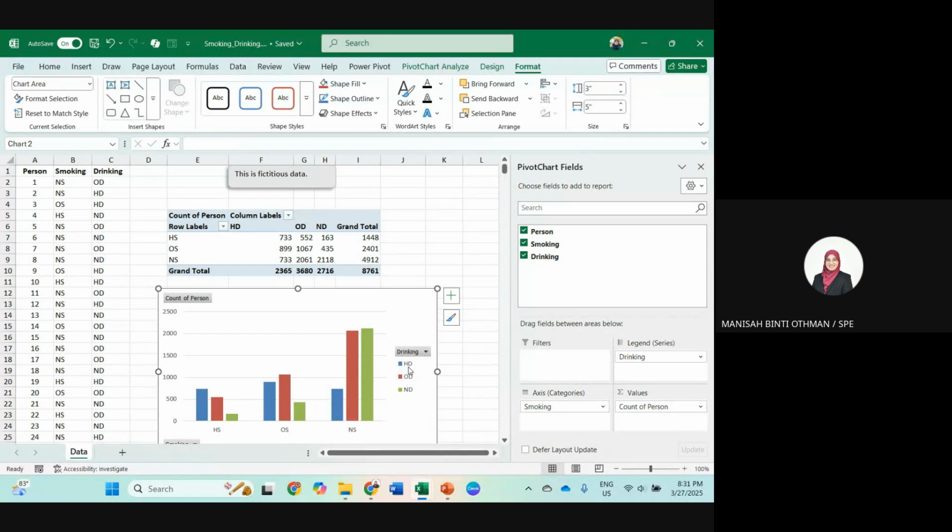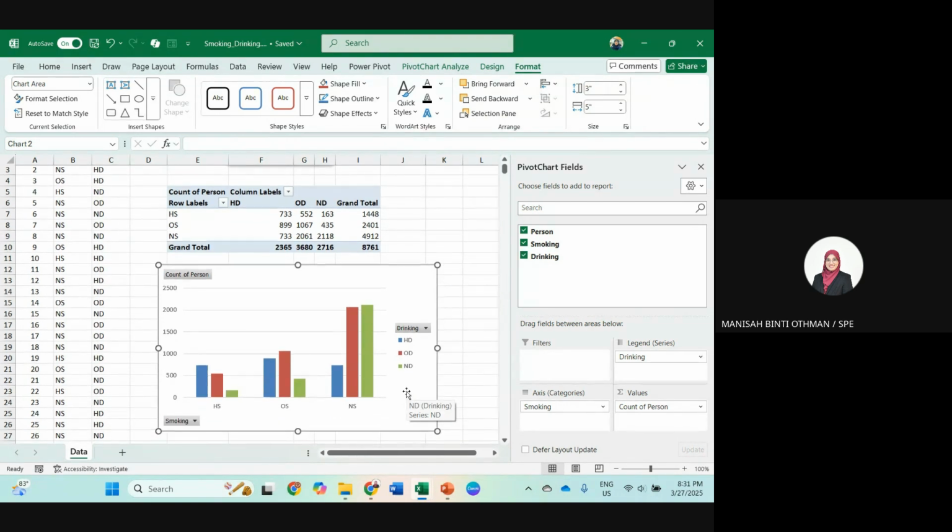Blue is for heavy drinker, then ordinary drinker, and non-drinker. You can see the relationship: if a person is a heavy smoker, you can see the highest is for the category heavy drinker. So the majority of heavy smokers are heavy drinkers. If they smoke, then they drink.